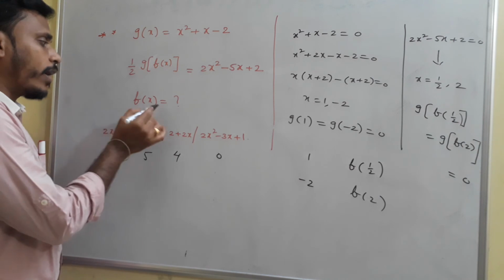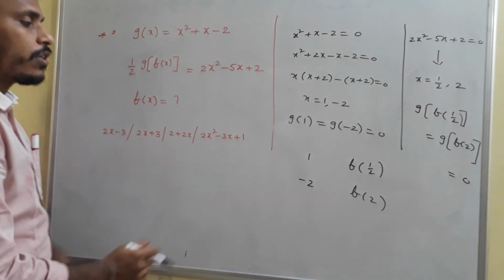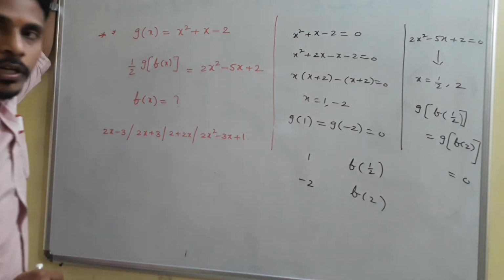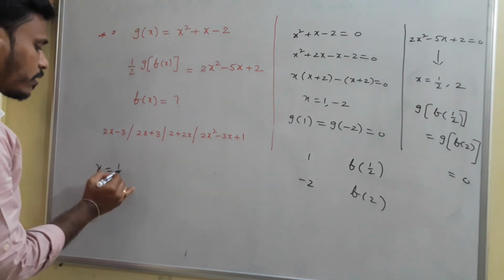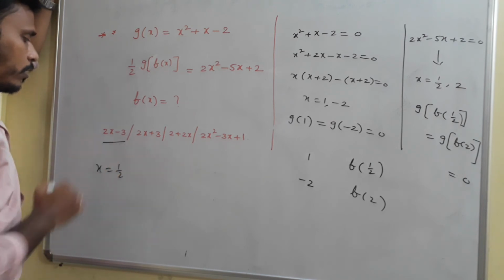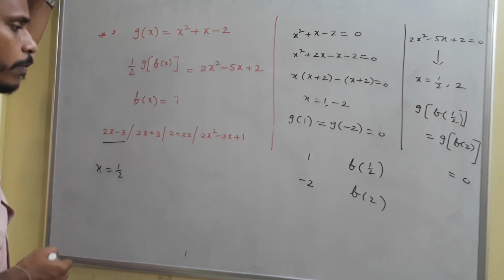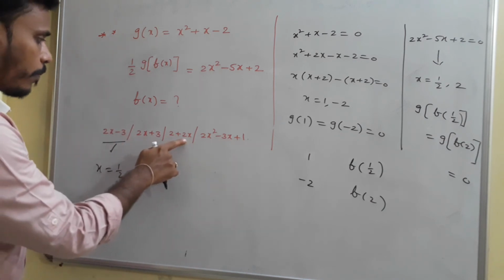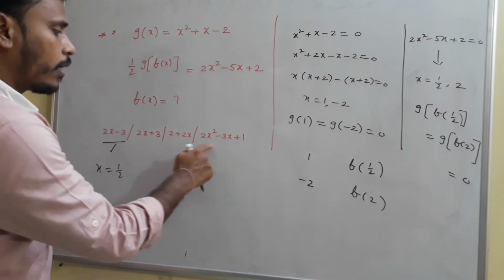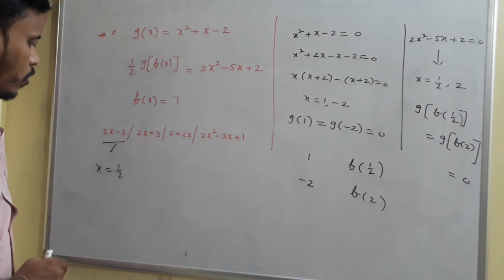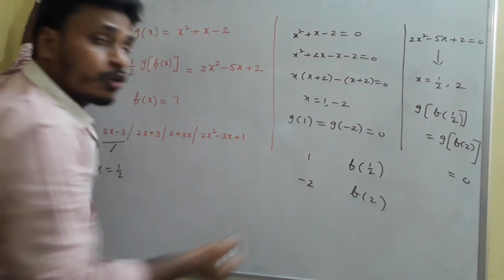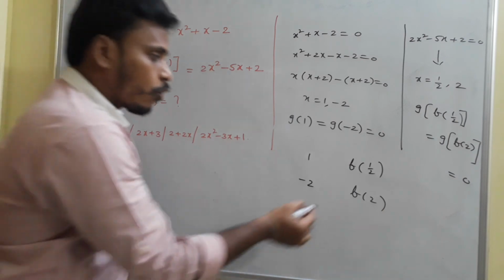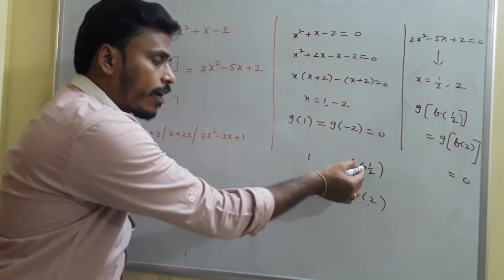So since we are going to find the value of f of x, you just take x is equals to 1 by 2 in the options. If you get either 1 or minus 2, that is one possibility. If you take x is equals to 1 by 2 in the first option, 2 into 1 by 2 minus 3 is minus 2. When you replace here, 2 plus 3 is 4, not possible. 2 plus 1 is 3, not possible. And this is your option. When you take x is equals to 2, then 2 into 2, 4 minus 3, again it is 1. Is it clear?